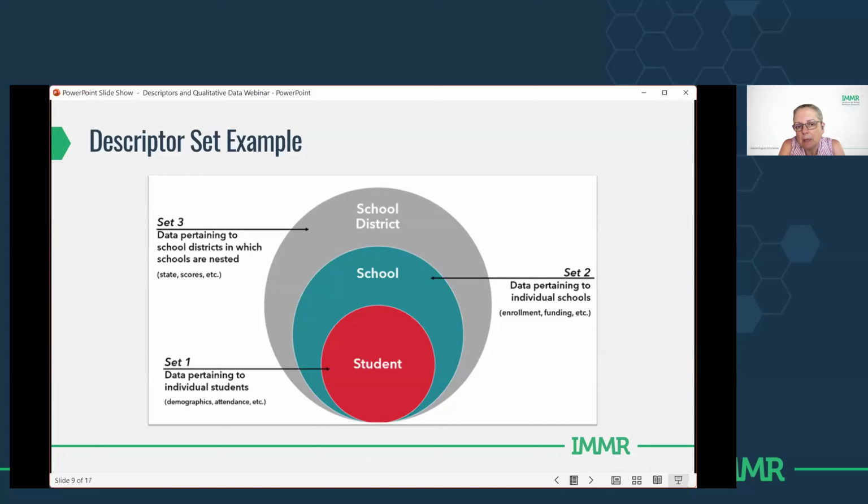However, it makes things complicated if you have things in separate descriptor sets. So for instance, if you're only interested in the student, but you want to know what school they go to and some information about the school district in which they study, you would create one descriptor set relating to the student, and you might have some columns relating to the school where they went, if it's a large school or a small school, and the school district in the same spreadsheet. So you can look at it in different ways, depending. It always comes back to the focus of your study. What is it that you're trying to get at?